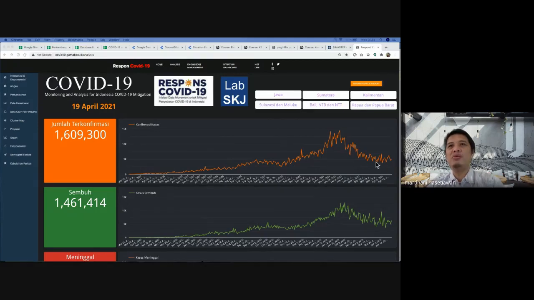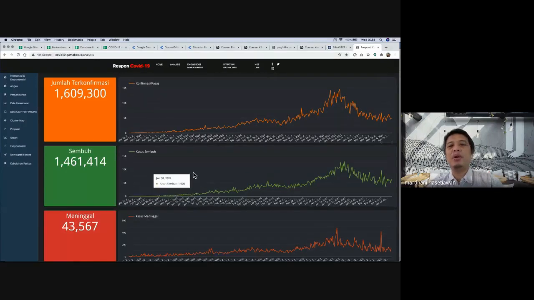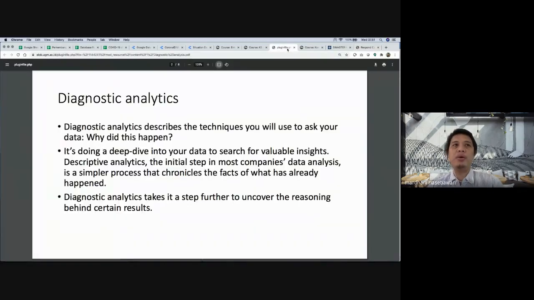You can see now the fluctuation of cases is very, very sharp. That shows us that the events triggering the daily number of COVID-19 cases are very uncontrollable, so we need to add that. It is like giving a label, a notation of why it happened. It also happens with other data. So that will be the illustration of why this happened.